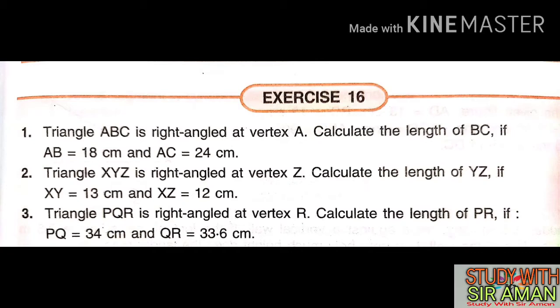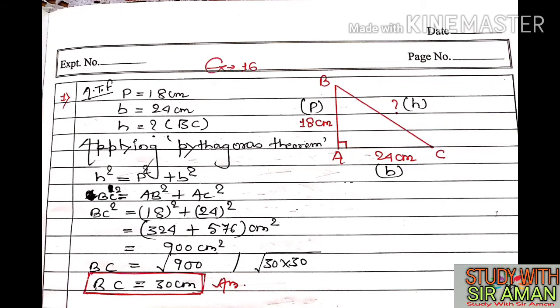Now in this question, triangle ABC is right angle at vertex A. So at first you will make a right angle triangle, and where the right angle is, there you will write A. Okay, and the remaining anywhere you can write B and C. See this solution, you will understand nicely. Check the diagram at first. Where is A? Right angle at vertex A. So there is the right angle, there I have written A. Now where to write B and C? Anywhere you can write B and C, there is no problem.